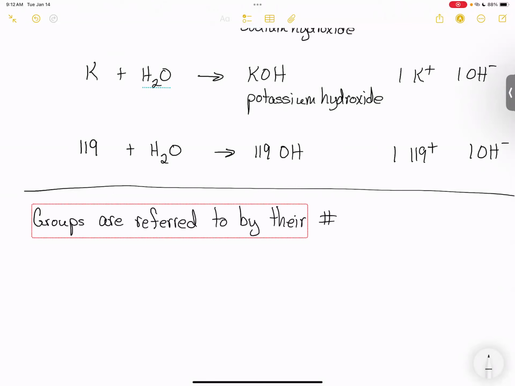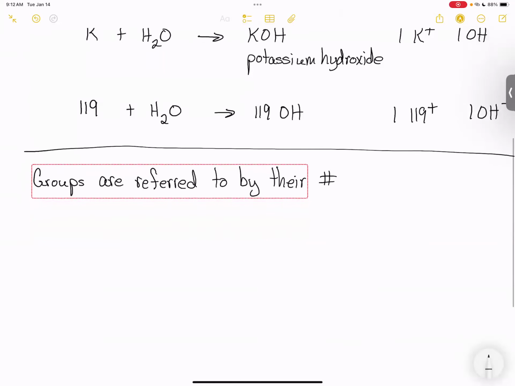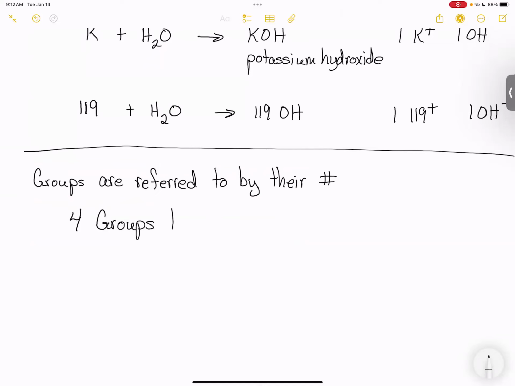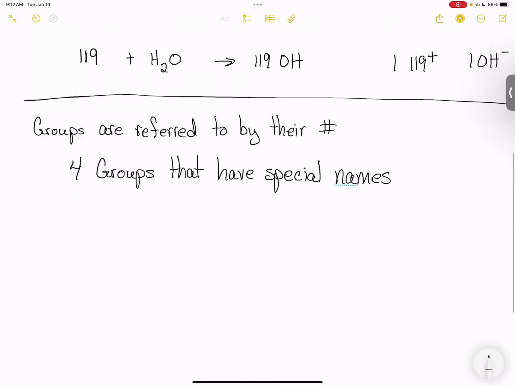Group 6 is the 6th column. But there are 4 groups that have special names. They are group 1,